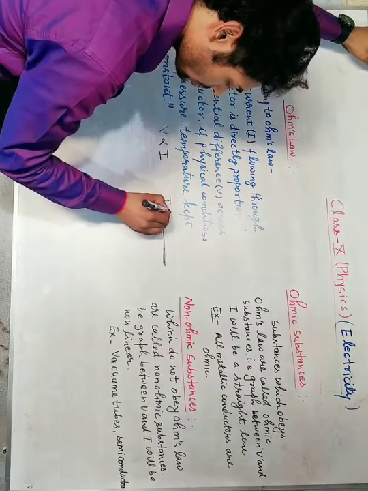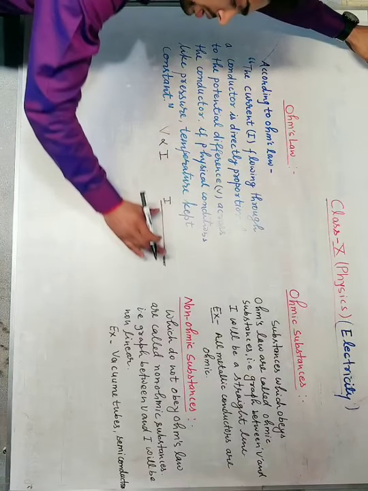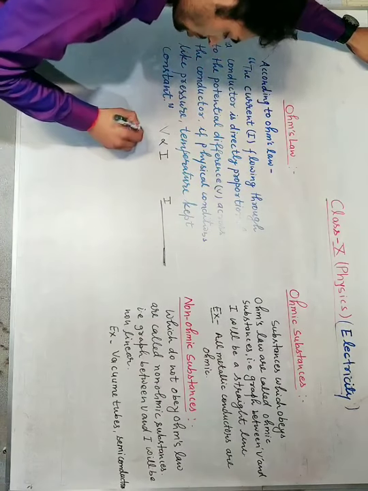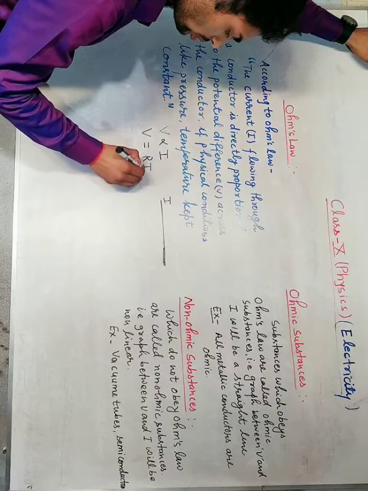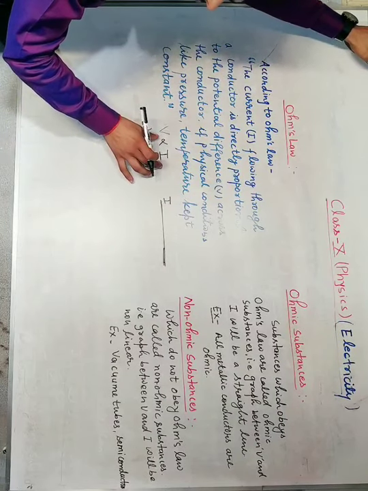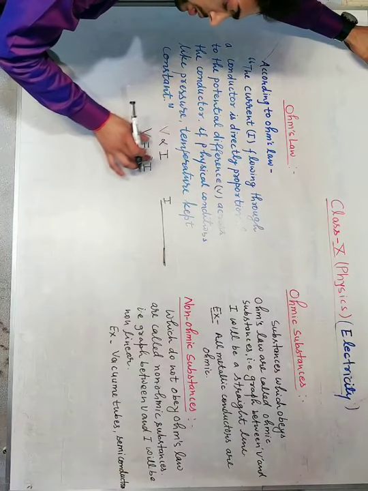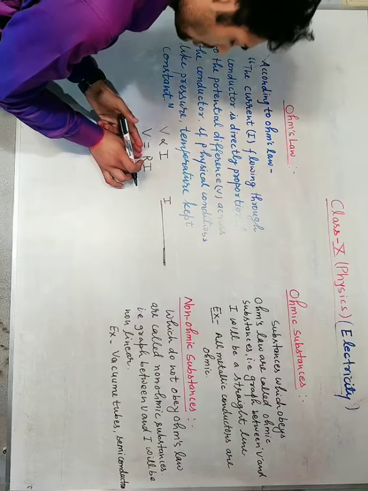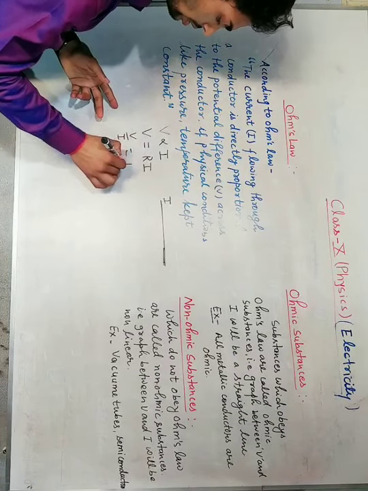Current I flowing through the conductor is directly proportional to the potential difference across the conductor when physical conditions like pressure and temperature are kept constant. So V equals R into I. V is directly proportional to I, and V equals R into I. When we remove the proportionality sign, we take one constant. Here is the constant R. So V upon I equals R,